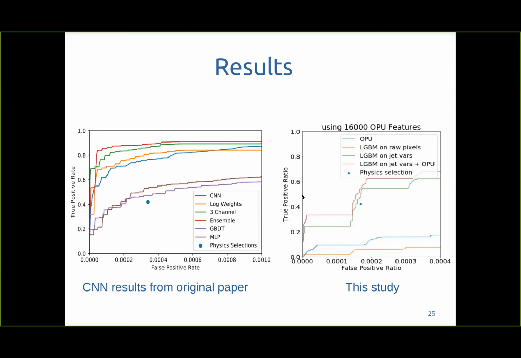But now that's an interesting point. If, in addition to handcrafted variables, we feed the random features from the OPU to this BDT, we achieve a sensible gain in performance. And that's the interesting point: by adding those random features, which are quite orthogonal to the ones that physicists usually think about, we have, at a cheap price, a gain in performance.